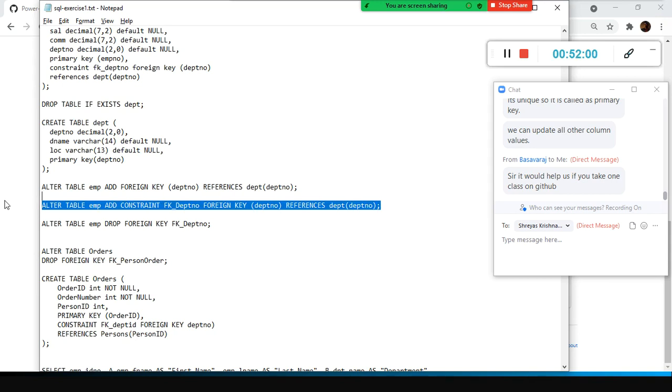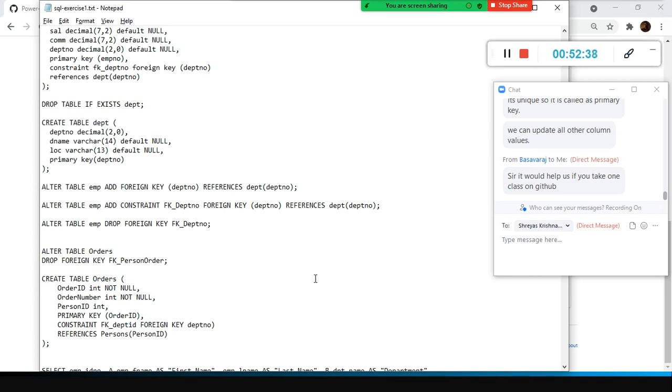But if you want to modify the table, supposing you want to add a new column, use alter table, isn't it? Similarly, let's say I forgot to add the foreign key. At a later point in time I want to make changes to my existing table. Alter table, you need to use it. But here the command is different. Alter table, add constraint. This is the reserved word. So why should I use this one? Without this also it will work. Because at a later point in time, if you want to drop this constraint, it will be much easier. Alter table name, drop constraint name. If you give this, it will get dropped.